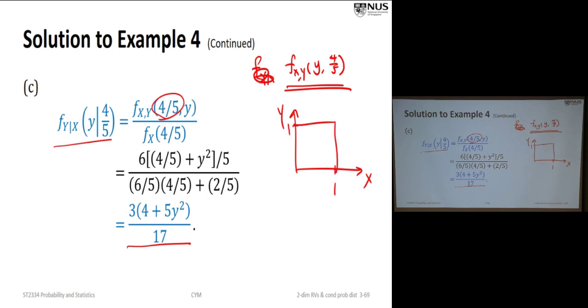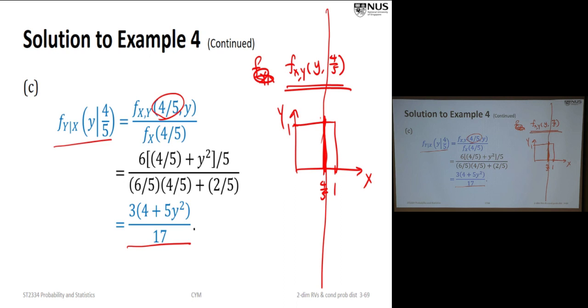So the joint PDF is defined over this region. Now I look at 0.8, so I look at the density. This represents the density over here. Now the problem is the density over this part. In other words, you are looking at this whole thing. This density does not integrate to 1.